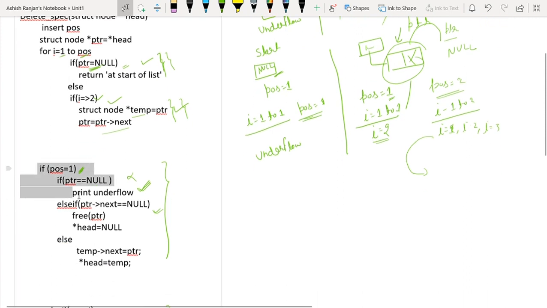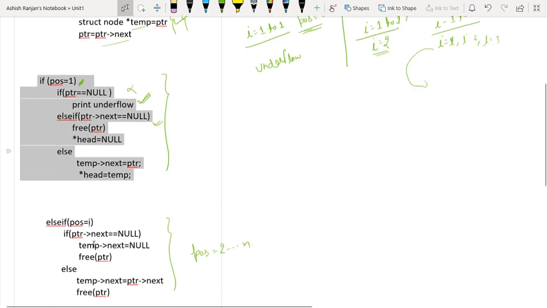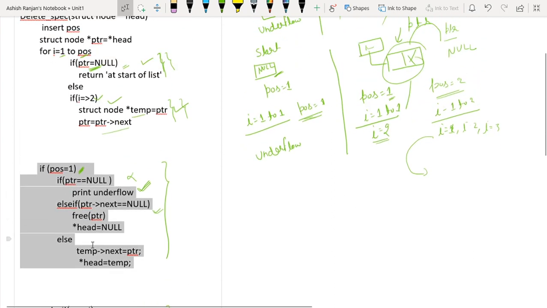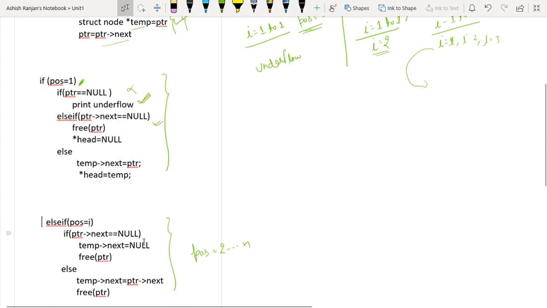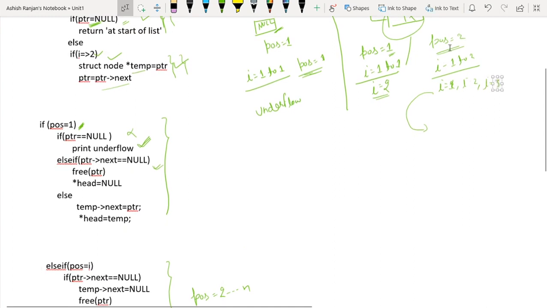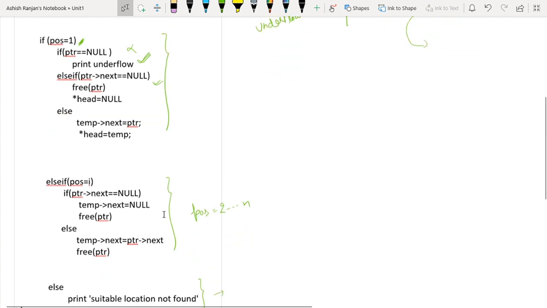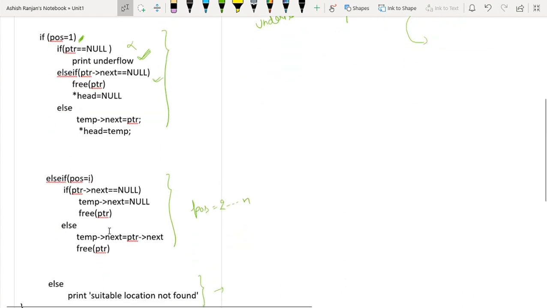So this if will not execute because I am not going to delete the node from the start position. If I equals pos, I is also not equal to pos, because I equals 3 and pos equals 2. So this condition will also not execute.